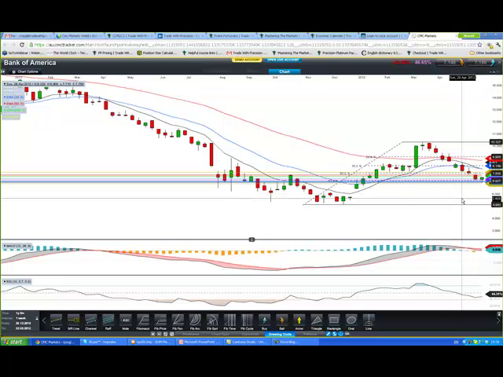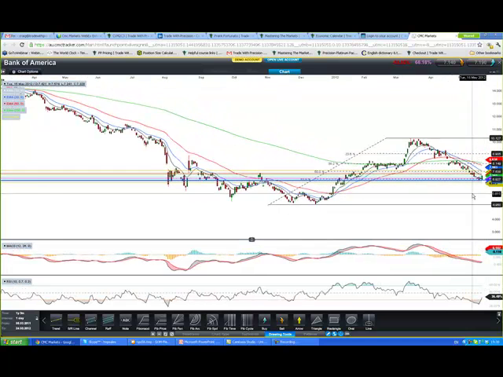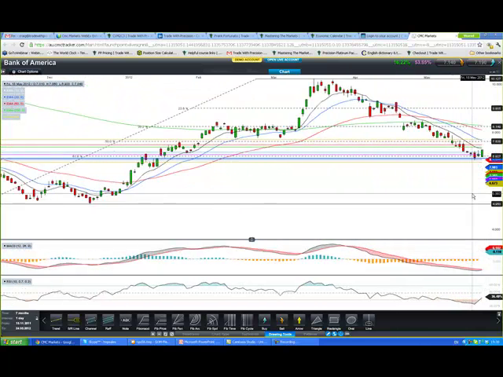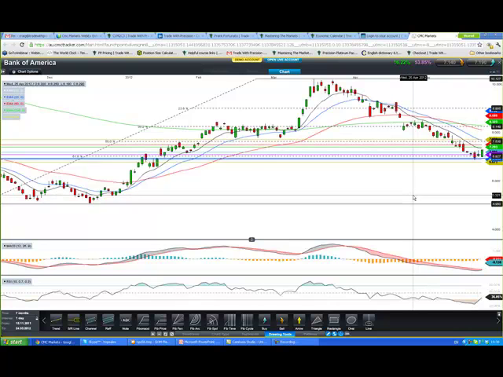I think there's potential there. I think this trade wouldn't be for everybody. It does carry a higher degree of risk looking at the weekly, but there's also the higher degree of reward. And when I say higher degree of risk, I don't mean you'd be risking any more than 1% of your capital or whatever your parameters are. What I mean is that the risk of this going against you and continuing in its downtrend when we go to the daily is probably quite high. But that's what I see on Bank of America.